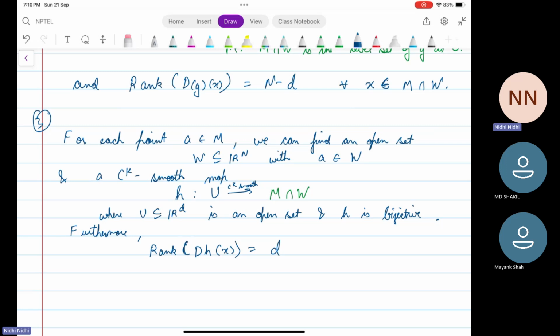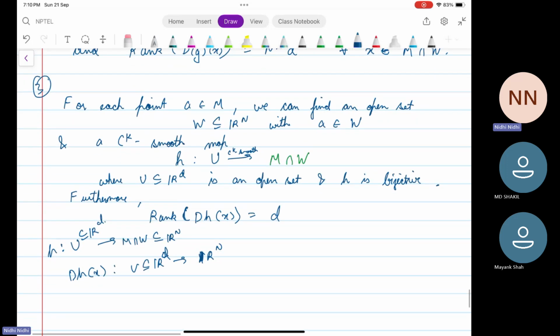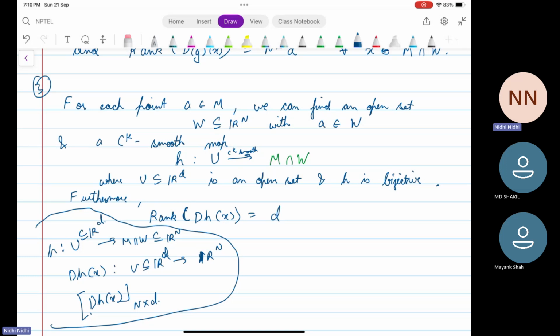Now H is a function from U, which is a subset of Rd, to M intersection W, which is a subset of Rn. So dH at x will again be a map from some subset of Rd to some subset of Rn. Eventually this dH at x will be a matrix of order n cross d. Now if its rank is equal to d